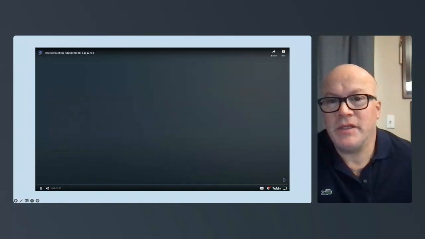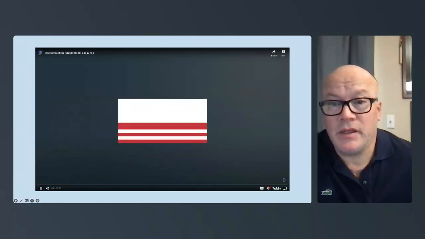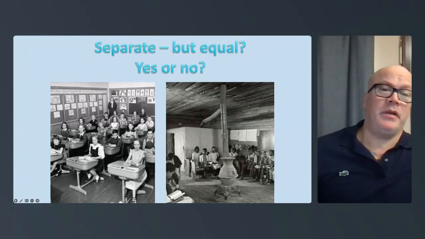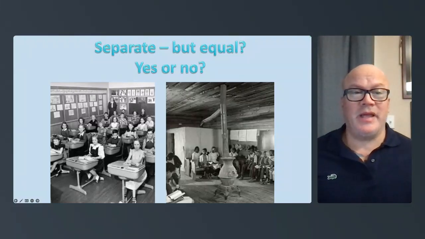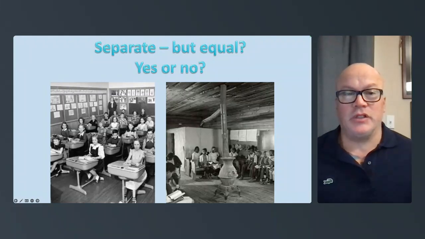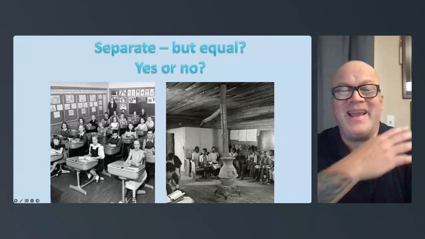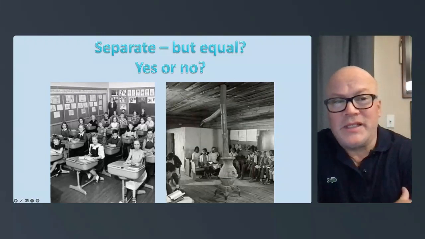So notice it talked about the Jim Crow laws and how it didn't all happen right away. So despite the 14th Amendment, Southern states were still able to legally segregate black and white children in schools. There was a concept called separate but equal. The U.S. Supreme Court decision from 1896 called Plessy versus Ferguson